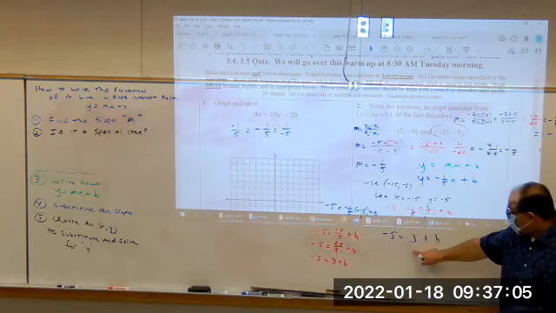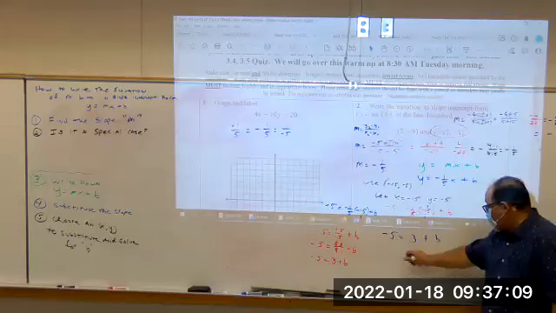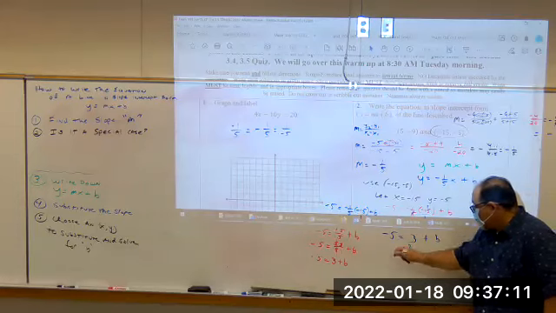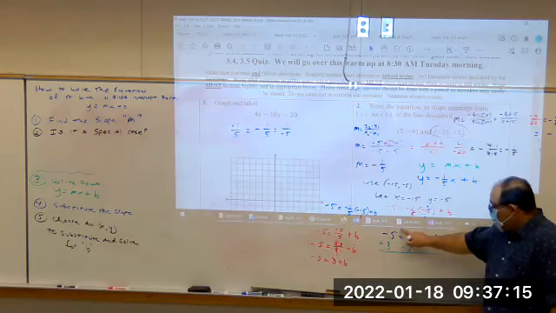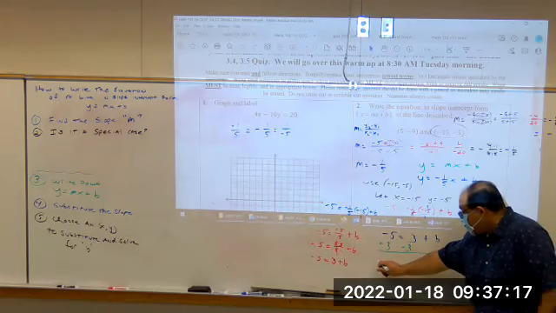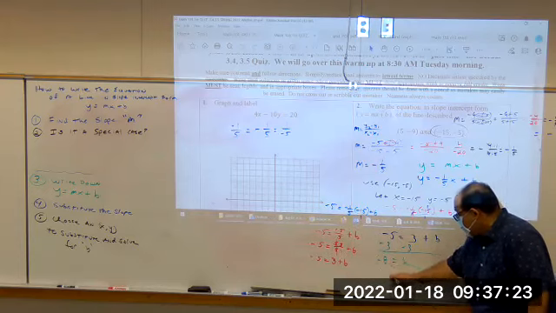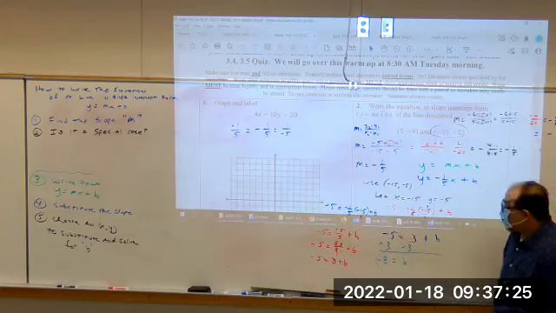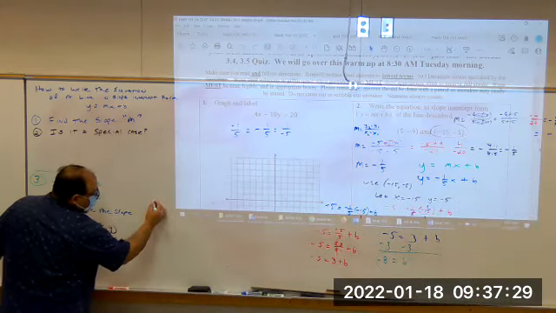I just need to put the 3 over on the left side, so I subtract 3 from those. Because it's a positive 3, I subtract it. -5 minus 3 is -8. And that's the missing y-intercept. And so the last step on how to write the equation of the line,